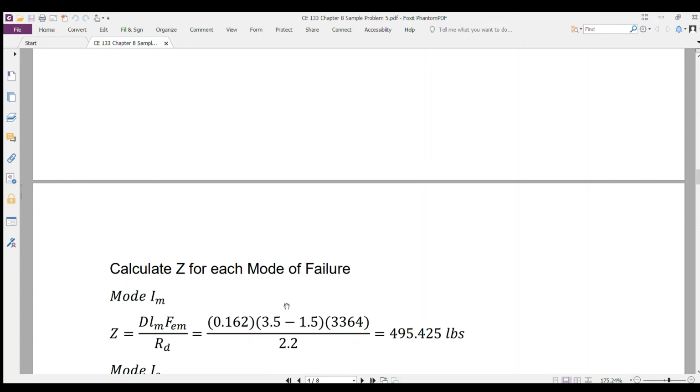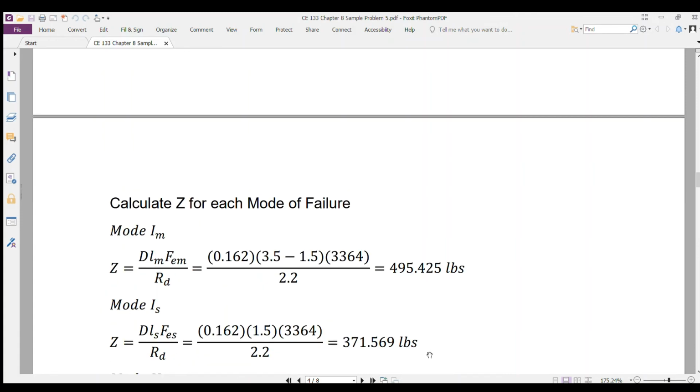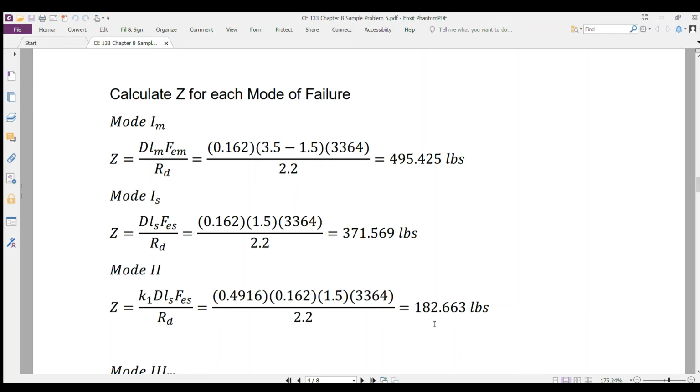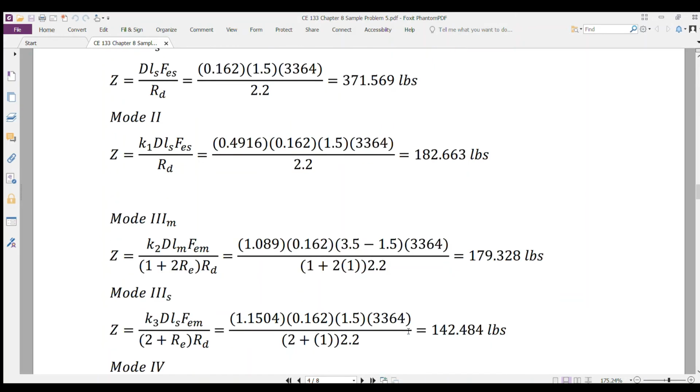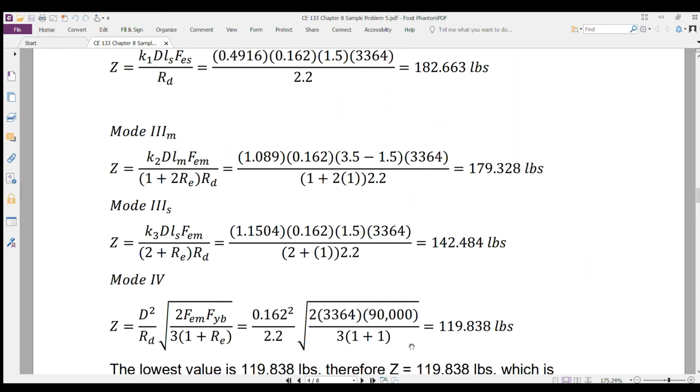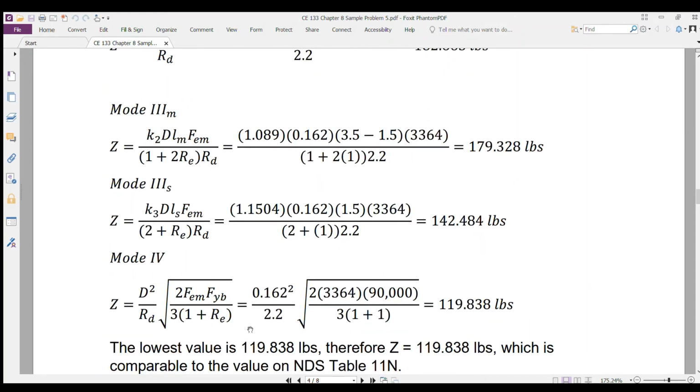For mode 1 sub M, using the equation, we have the value of 495.425 pounds. Mode 1S, we have 371.569 pounds. Mode 2, we have 182.663 pounds. Mode 3, we have 179.328 pounds. Mode 3S is equal to 142.484 pounds, and mode 4 has a value of 119.838 pounds. So the lowest value is 119.838 pounds, therefore Z is equal to 119.838 pounds, which is comparable to